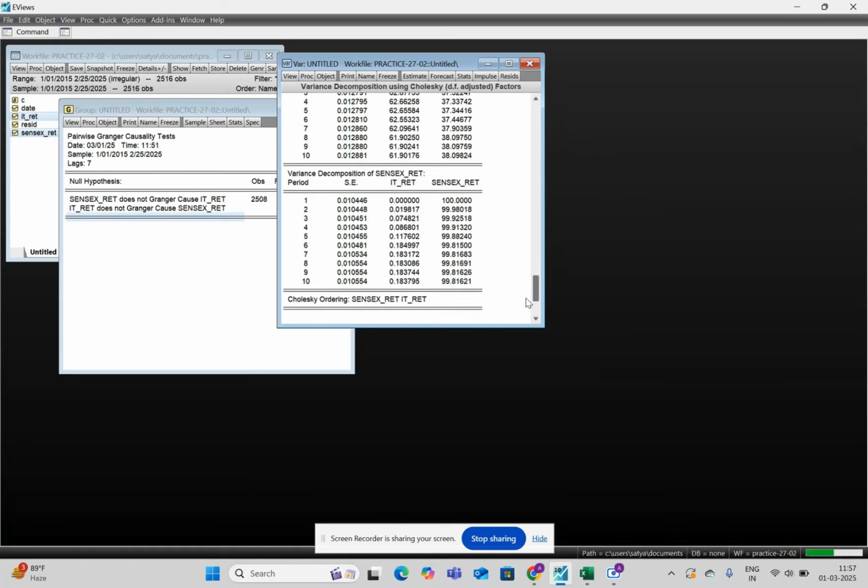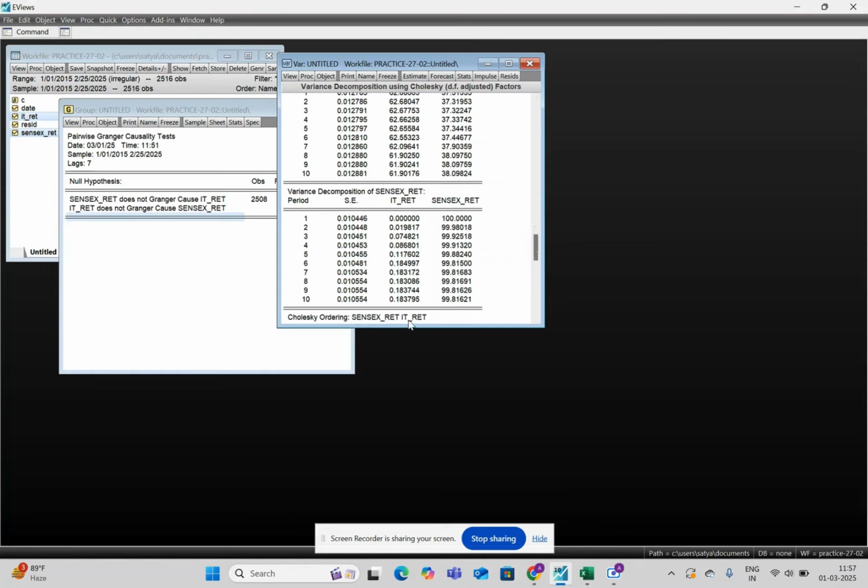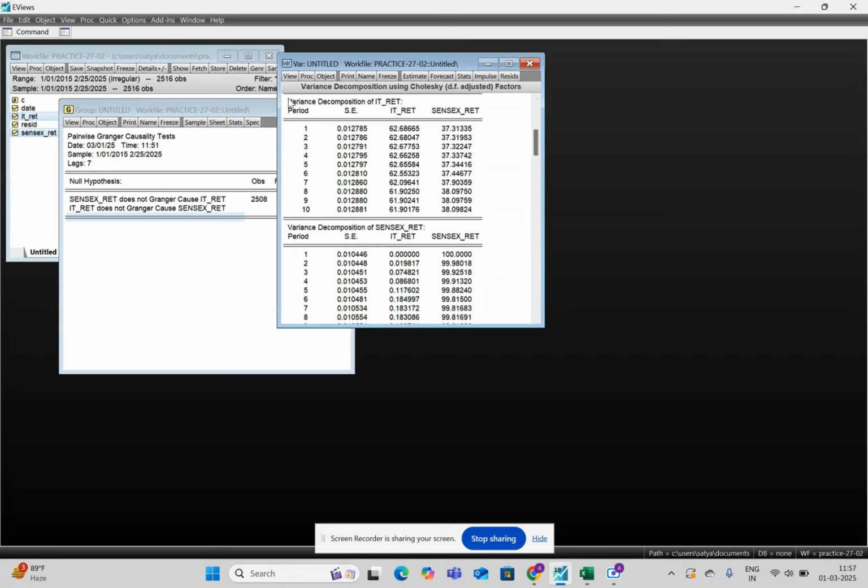As we can see, over time the proportion of Sensex is increasing in the case of IT. However, it is not very high, even till the last day. So we see that IT is actually a very resilient stock. The proportion of Sensex is rising, but it does not rise that much. And in the case of Sensex, the proportion of IT rises over time. Now, to construct the spillover index, we should basically take this and put it in